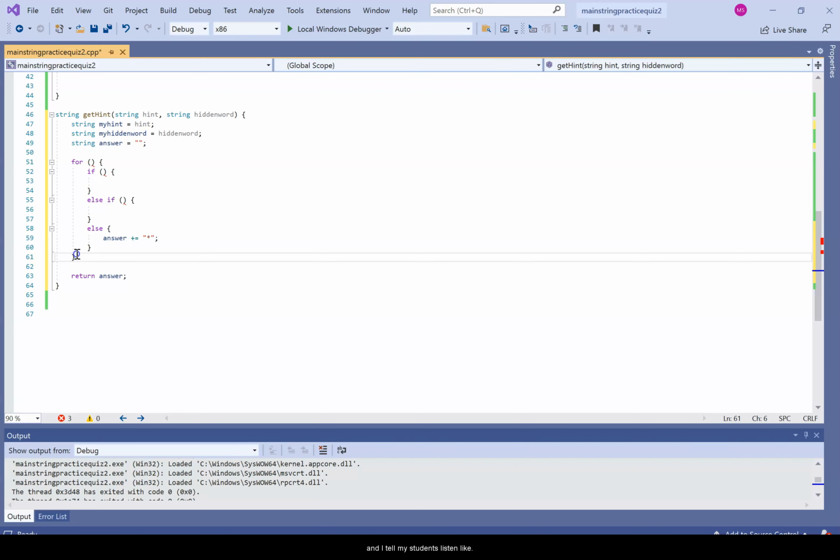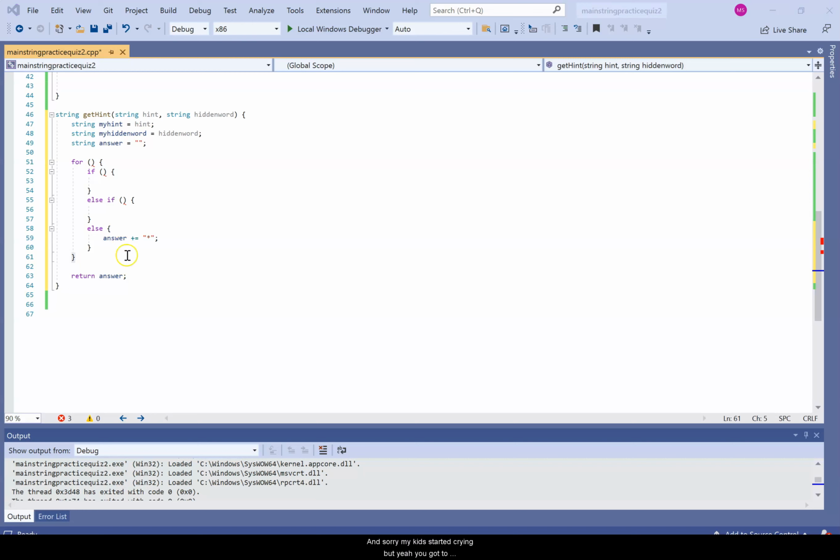And I tell my students, listen, it's not necessary to get the correct answer because you're writing this stuff out on a test by hand without a computer. But the idea is that you can think through the structure of the program, and if you can get the structure of the program correct, then you'll get your max amount of points, even if you get the answer wrong. And so when you're first starting, a lot of it has to do more with your logic